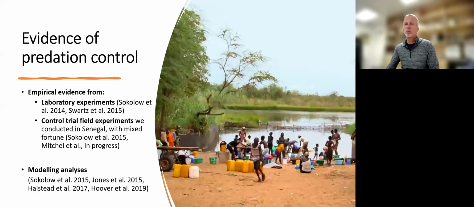And what we did, we've been working a lot, first in laboratory experiments, where Sokolow and Swartz were summer interns here, and with controlled trial field experiments that were conducted in two phases. The first phase was between 2012 and 2013, and the other phase between 2015 and 2018, and also a series